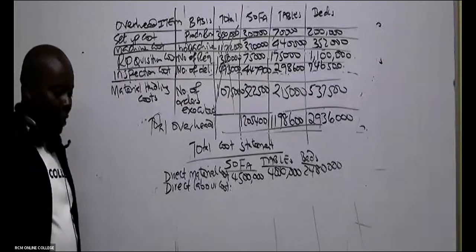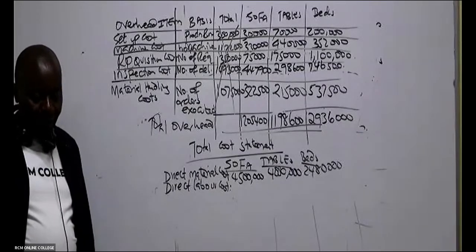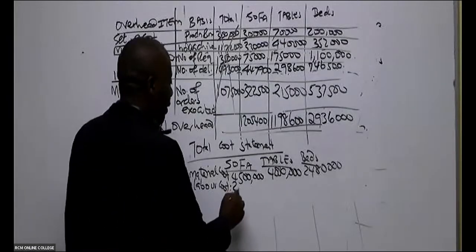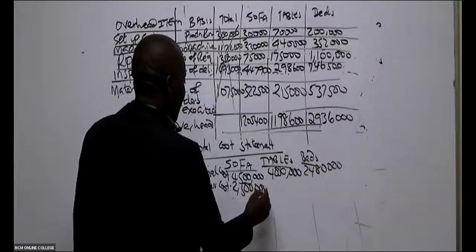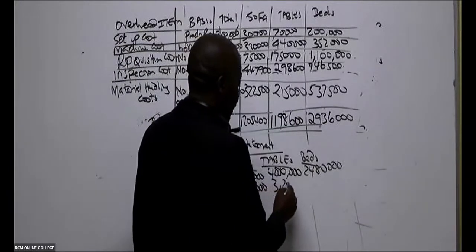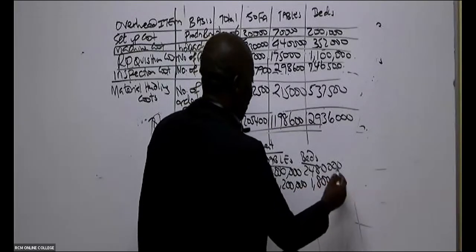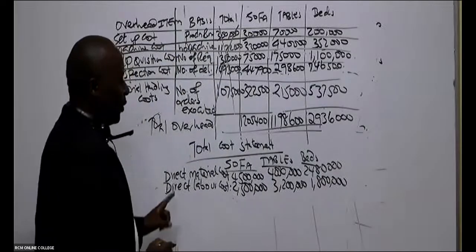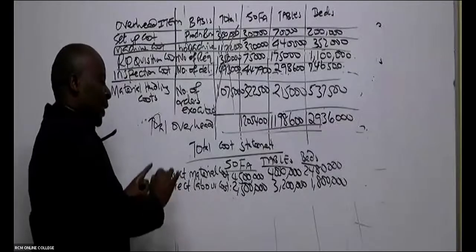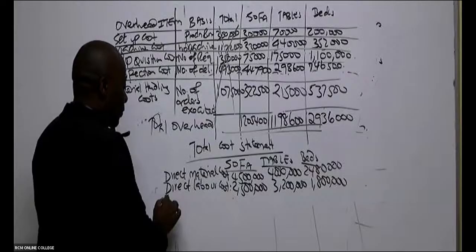So we start with direct labor cost for sofa. 2.5 million. Yes. 3.2 million. 1.8 million. Thank you so much. Now from there, is that everything? You can write prime cost to get the total, although that step is unnecessary. Unless the examiner wants it, don't write it. You simply come and give us here the